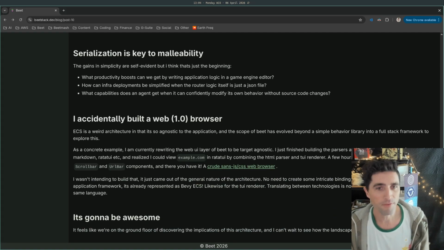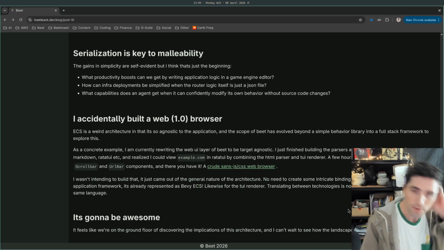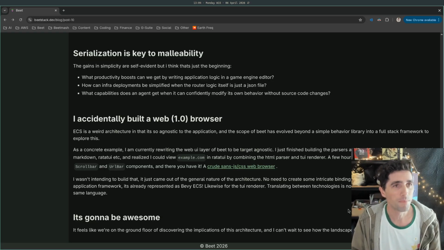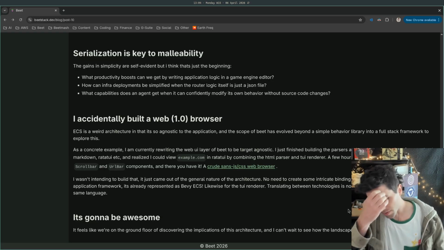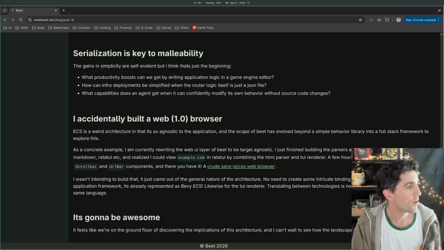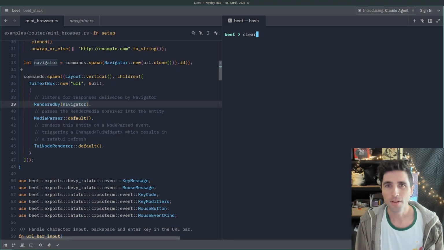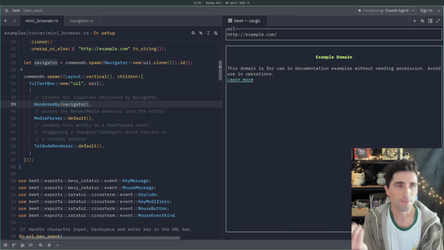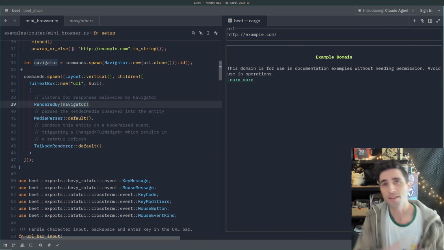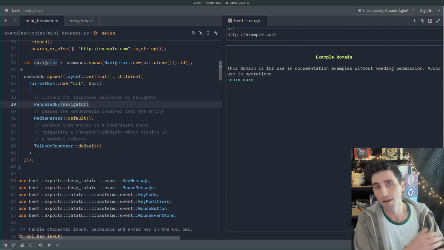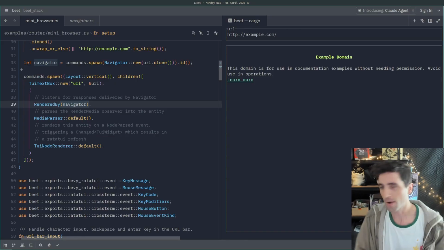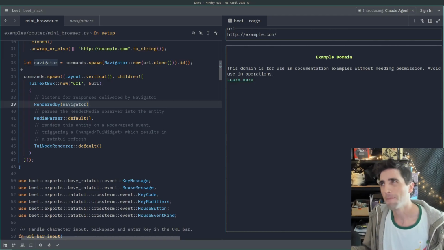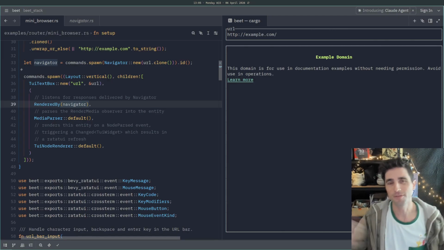And one more note, this is a bit of a follow-on from last month's browser, when I was doing all that formatting. I kind of just ended up building a browser. So I'll show you the demo of that. It wasn't really intentional. It just happened because I was building the formatting, the HTML parser and the markdown parser, and then the renderers, the HTML renderer and the Ratatouille renderer, and I was like, wait a minute, can't I just plug an HTML parser into a Ratatouille renderer?